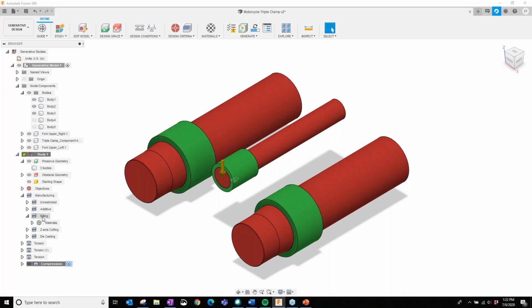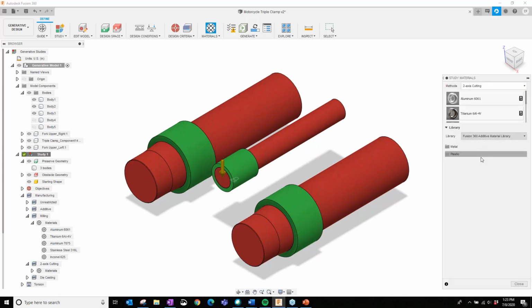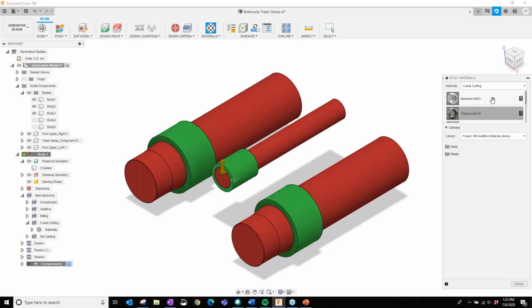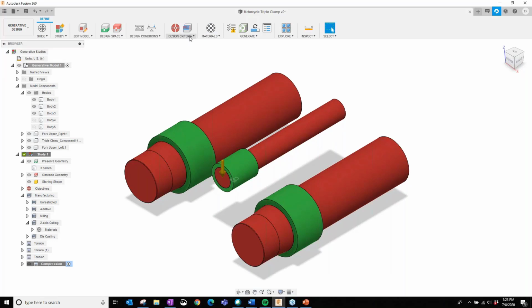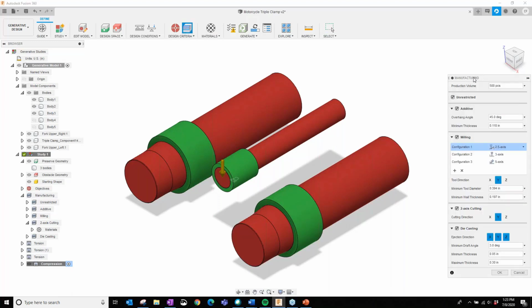With milling, it's a little bit different. I'm going to have some options with milling, in terms of some other materials that I'll be taking a look at. So I've got more materials. And then I'll come in here and take a look at 2-axis cutting and how I want to work with that. And again, I've got my material libraries, I've got my different manufacturing methods, and I'm going to set a few other pieces up with that. So let's take a look. As I go through, I've got my design criteria, and I'll take a look at manufacturing, and I'm going to say